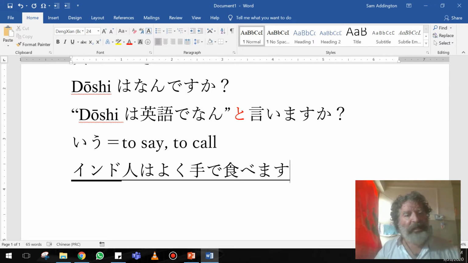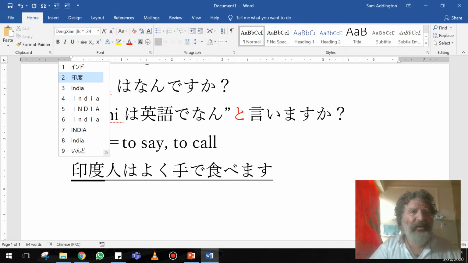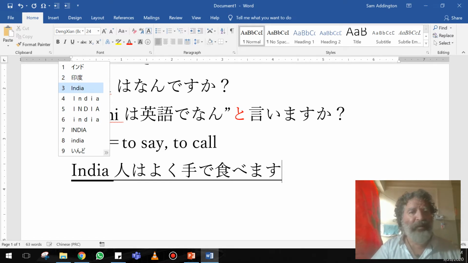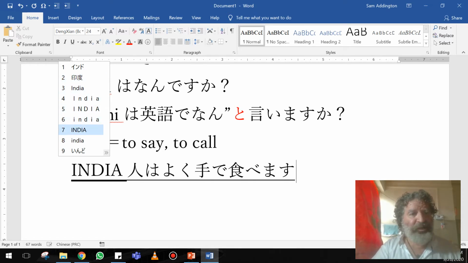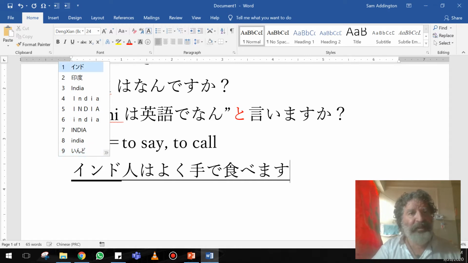Actually, rather than hit the space bar, I'm not sure how to do the return key. Return. Okay. Anyway, I could have just hit the return key rather than the space bar. This means that I may want to go through my options. Oh my God, that's the Chinese way to write Indo. And the Japanese never write it that way. So I have all sorts of choices here. And I could have just left it, and it goes back. So that one I accept.